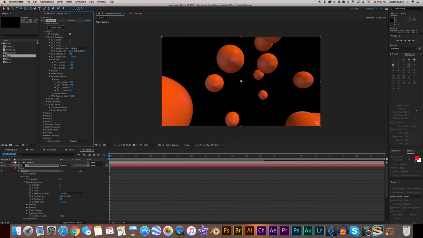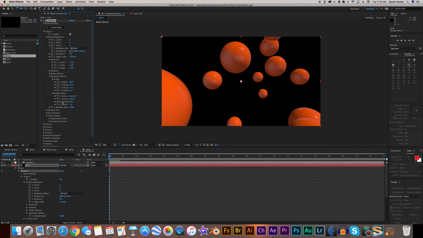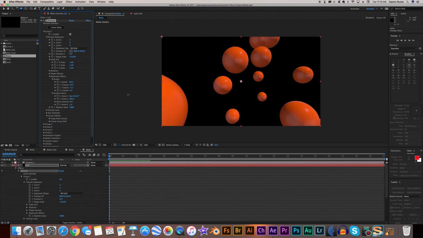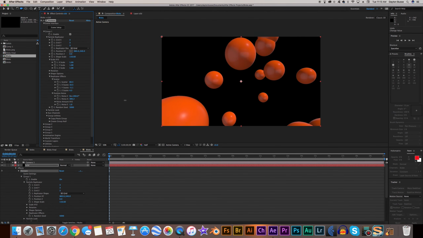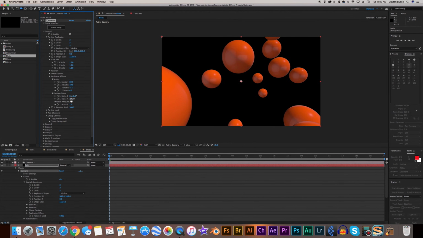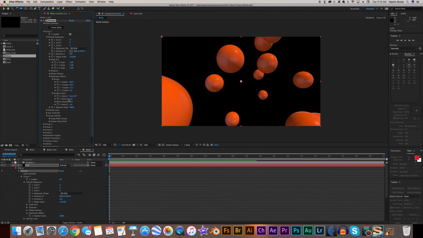And then you can also go to the position noise down here and just kind of play around with that. If you really just do this, it just affects the position of your particles. Kind of looks like, I don't know, like atoms or something like that. I don't think I'm going to use position noise though, so I'm just going to turn that off. And then I'm going to hit C on the keyboard again, if you don't already have the camera tool selected,